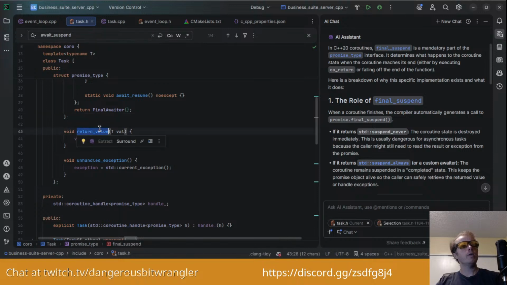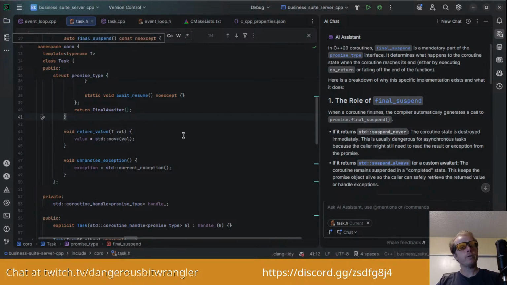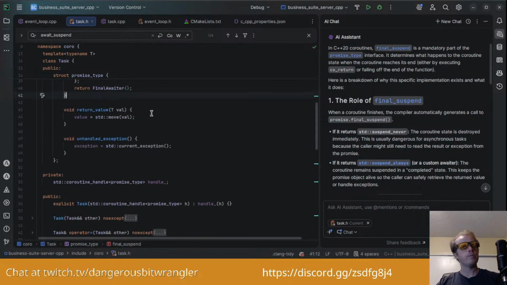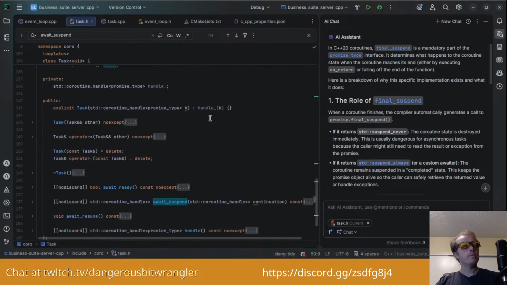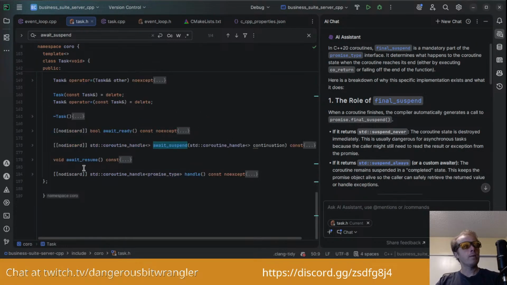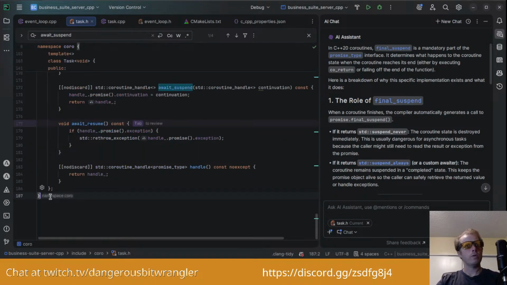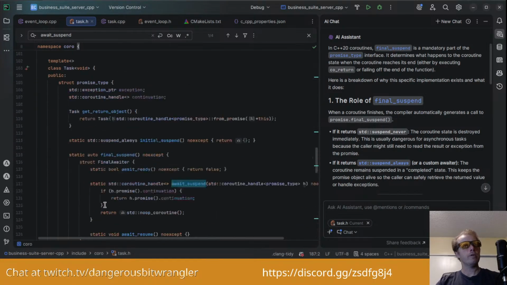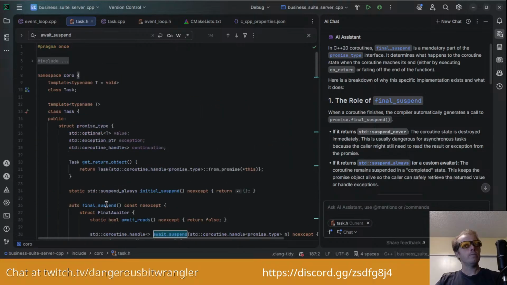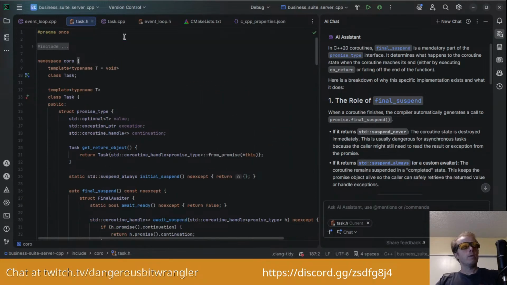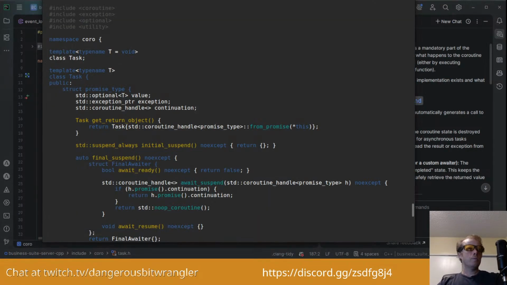And then it might call return value, I assume. That's my guess. And then it returns the value. Okay, there we go. I just had to indent that. Cool. Moving on.